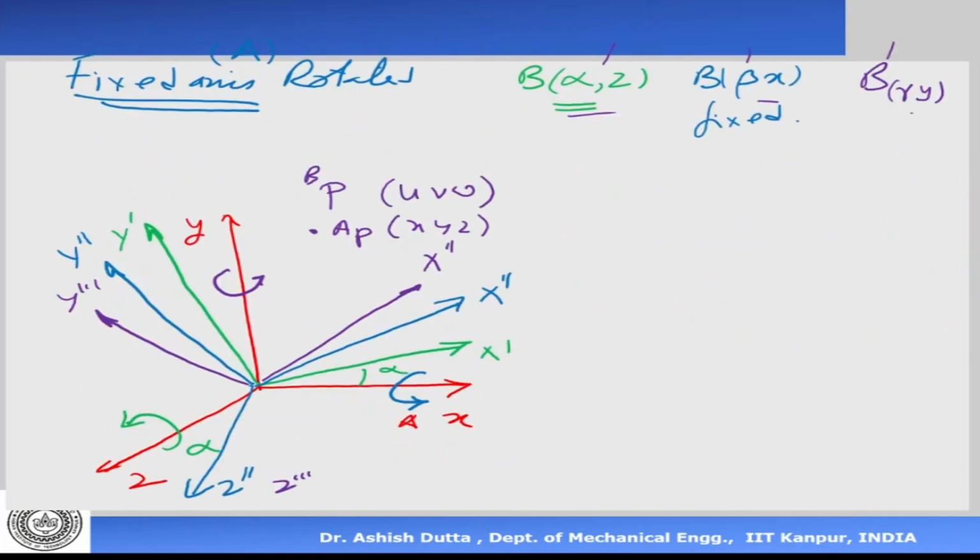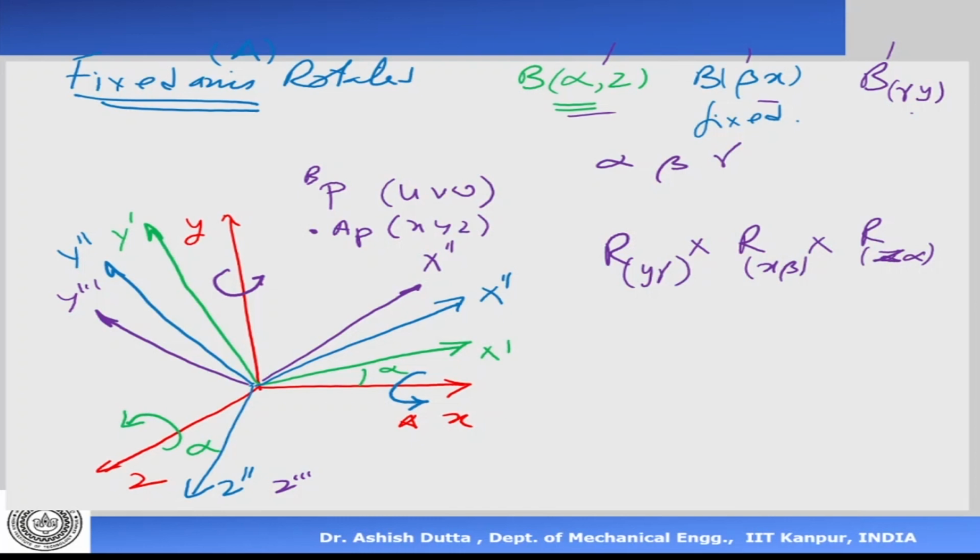Now the question is, if you want the combined rotation matrix, you have to multiply all of them. Okay, but what is the order of multiplication? That's important. So we had alpha, then we have beta, then we had gamma. But when you're multiplying it, what will happen is your rotation matrix will be reversed in order. So this is going to become R_y(gamma) into R_x(beta) into R_z(alpha). So this is what we call pre-multiplying the matrices. So please note that the matrices have been pre-multiplied. That means the order in which we carried out the rotation, they have been reversed.